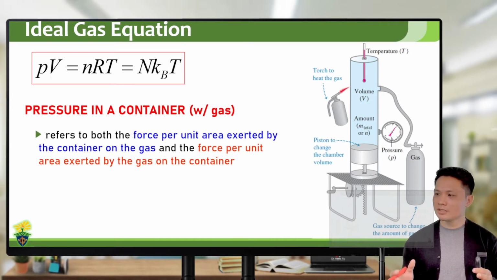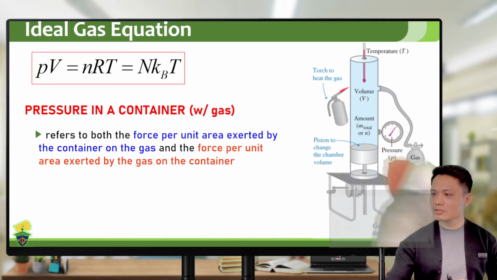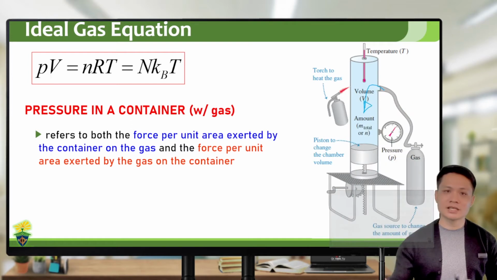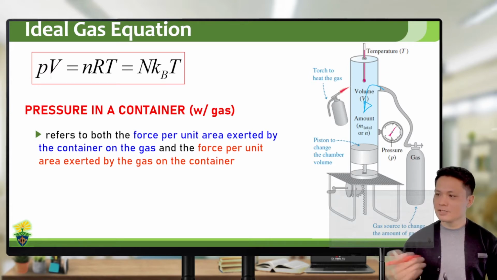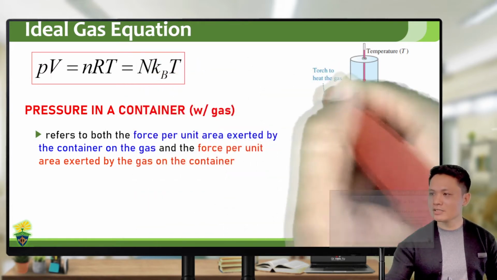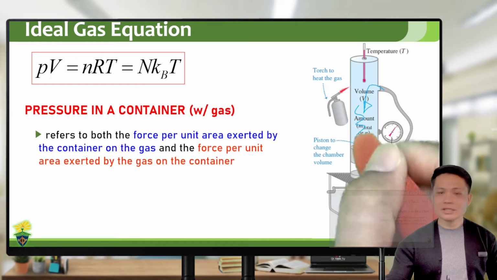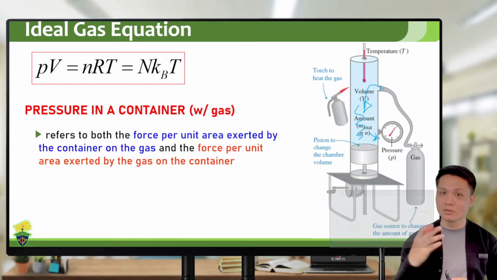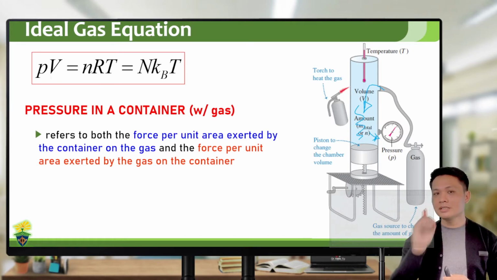Once we introduce gas into the volume of that container, of course, again, these are individual particles which are free to move inside the container. So what will happen is, these gas particles, as they move inside the container, they will hit the surface, the inner surface of that container or the walls of that container, giving a certain amount of force